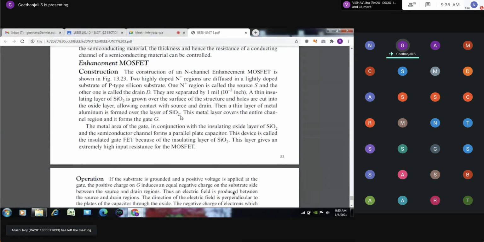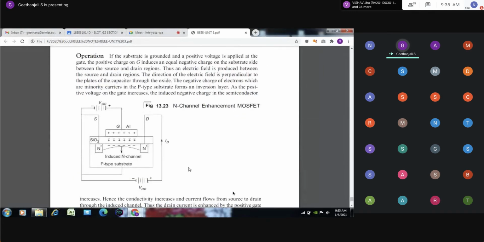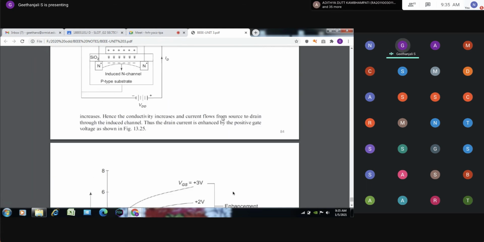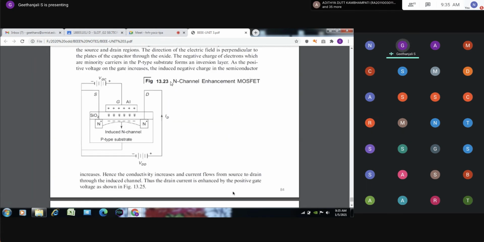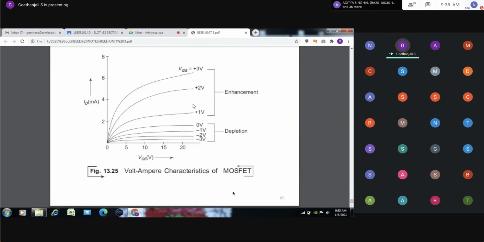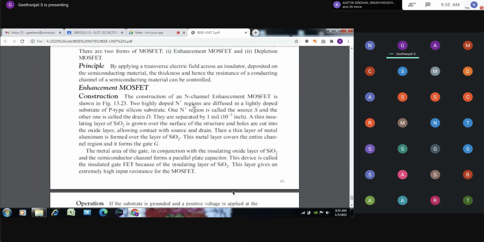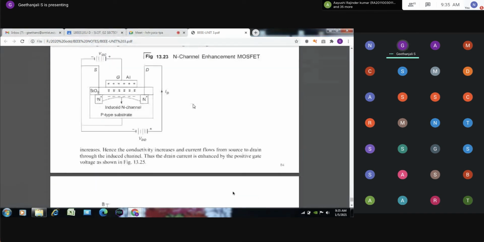So the construction, this is the N-channel enhancement MOSFET. Here also, based on the material which is used to make the channel, there are two types under the category of the enhancement MOSFET. One is the N-channel, another one is the P-channel. So if the channel is made of N-type material, it is called N-channel enhancement MOSFET. So this is the characteristics curve. So the construction, if you are seeing,